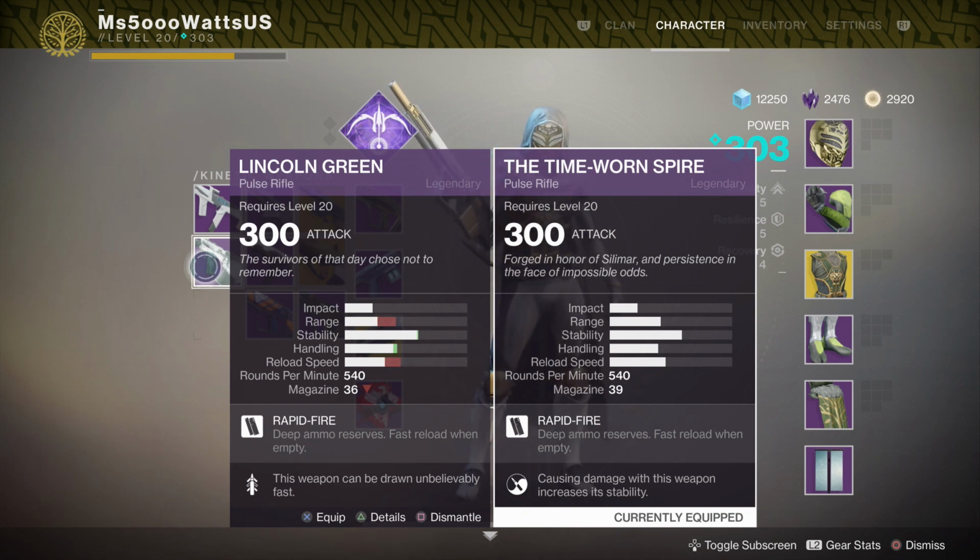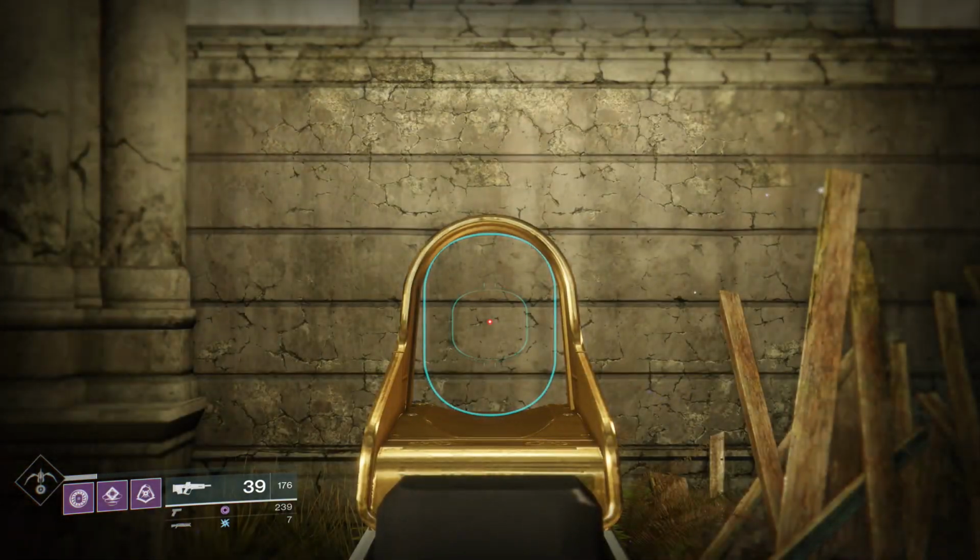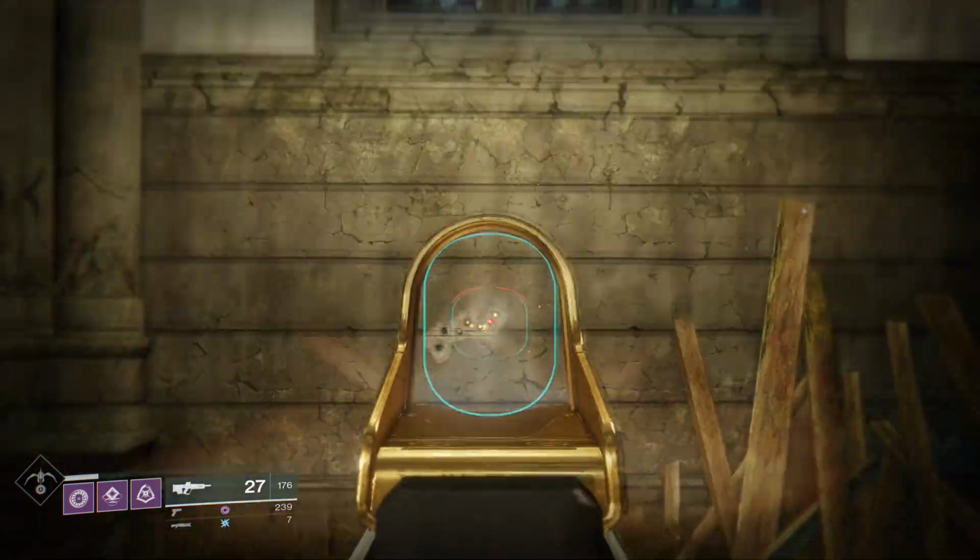quickly. So seeing as it is basically the same as Lincoln Green, and as we may or may not know, Lincoln Green benefits greatly from the kinetic counterbalance mod, I decided to check out how much the Time-Worn Spire actually benefits from running counterbalance mods on your armor. So what you're going to be watching is me just shooting the weapon, not controlling the recoil